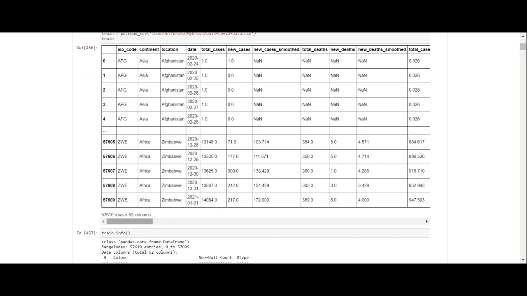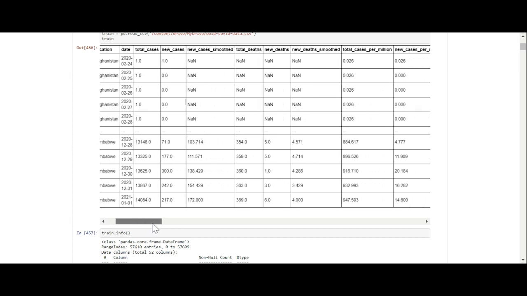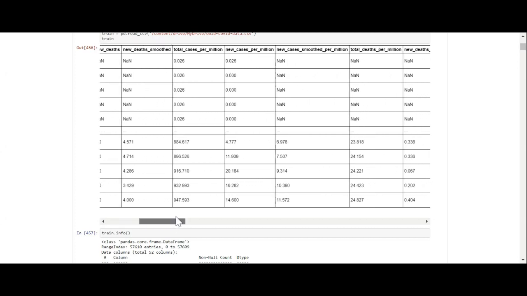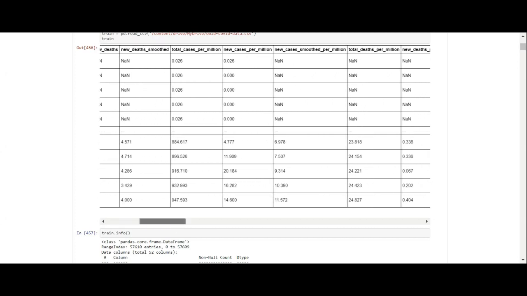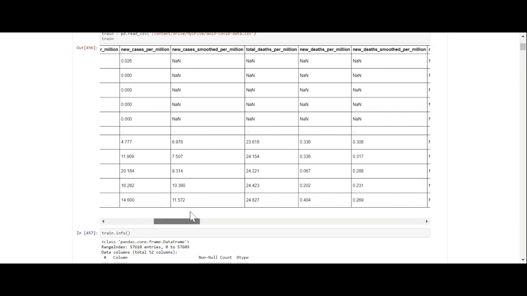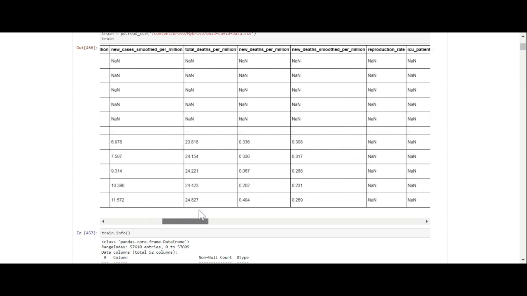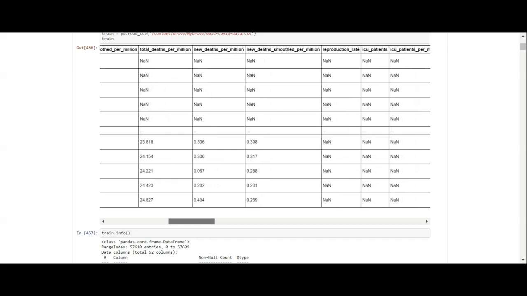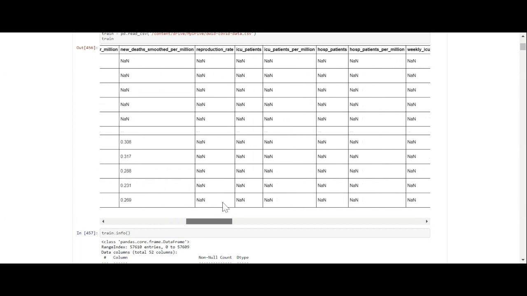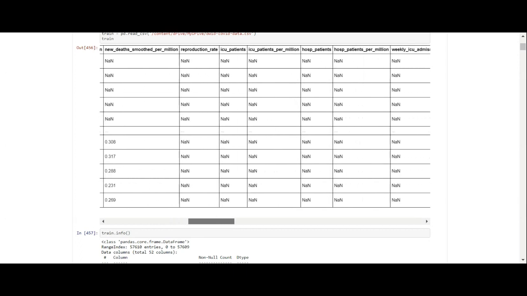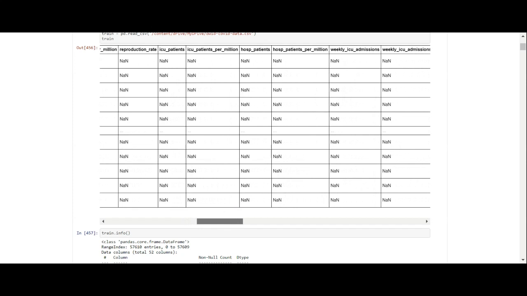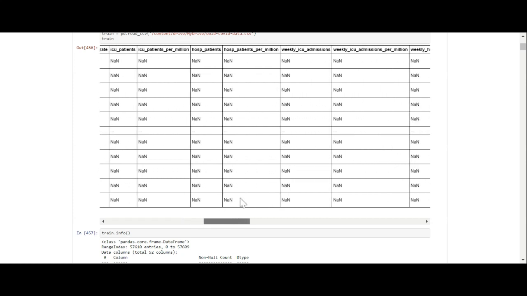But you'll see we've got new cases smooth with null values, total cases null values, new deaths null values, new deaths smooth null values, total cases per million, new cases per million, and then new cases smooth per million, null values, total deaths per million, null values, new deaths per million, null values, new deaths smooth per million, null values, reproduction rate, null values, ICU patients, null values, ICU patients per million, null values, hospital patients, null values,